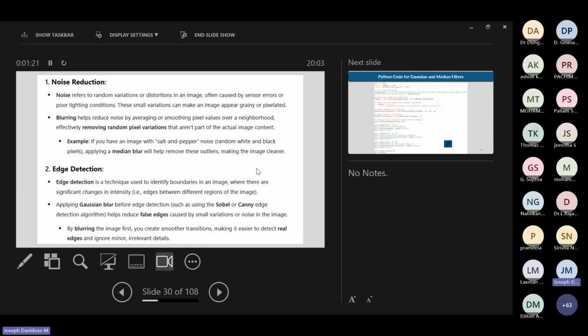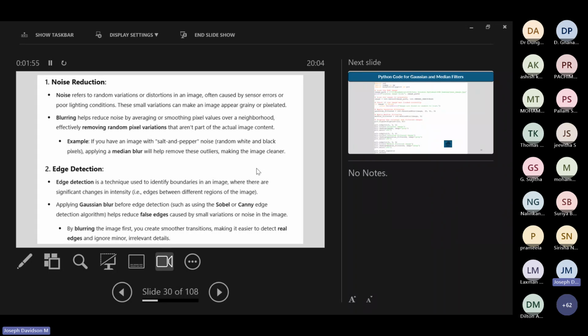But sometimes, if we find that there is an error, it will have a different intensity than the image. Say a small dark spot will have a different pixel intensity than a white spot, correct? So how do I avoid that? I have to make both intensities almost the same level. That means I purposely either increase the intensity of the black spot to white, or reduce the intensity of the white to black, correct? So I'm averaging or smoothing.